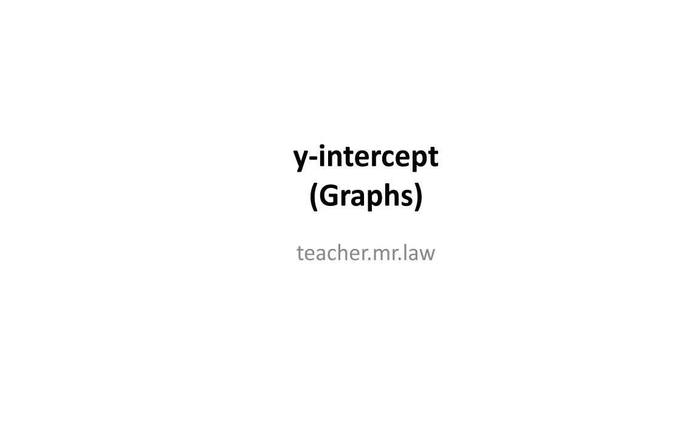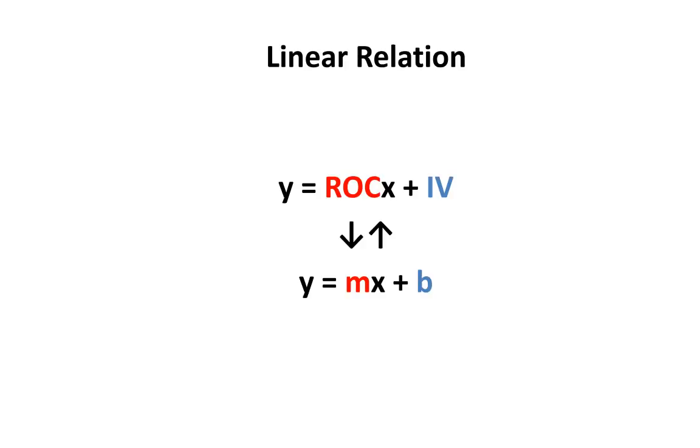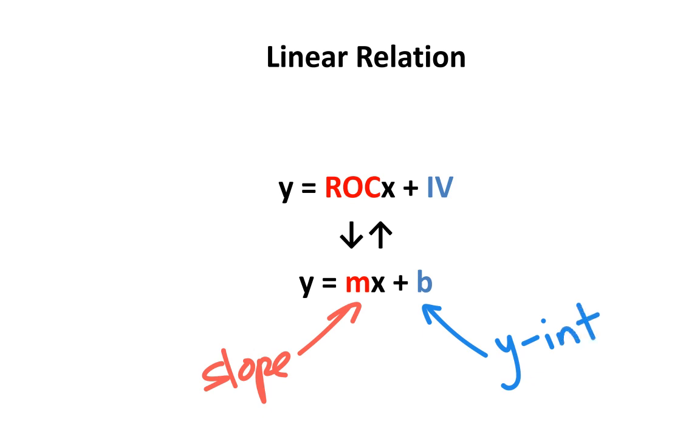In today's lesson, we'll be learning about the y-intercept with a focus on graphs. A linear relation can be represented by two different types of equations. However, these two equations mean exactly the same thing. Instead of rate of change, we're going to be using the word slope, which is represented by the variable of m. And instead of using initial value, we're going to be calling it the y-intercept, and this is represented by